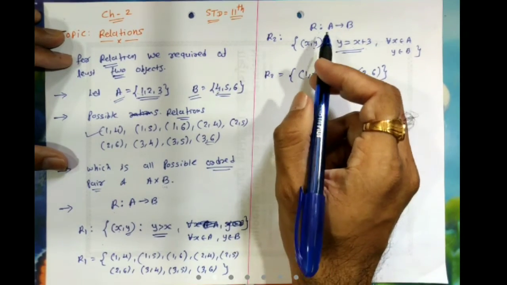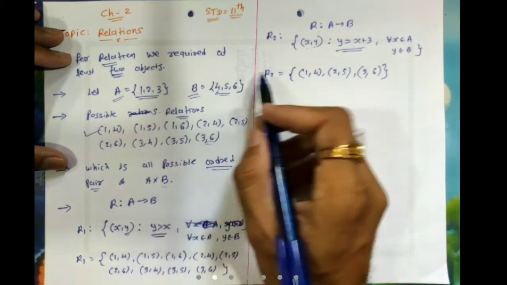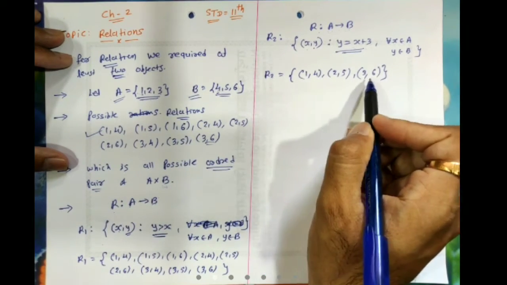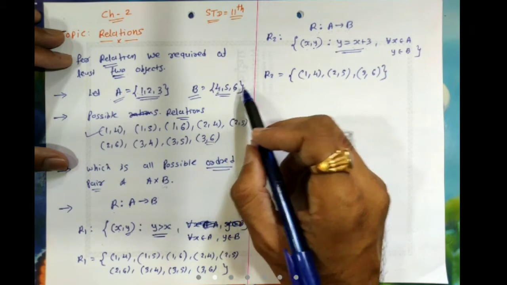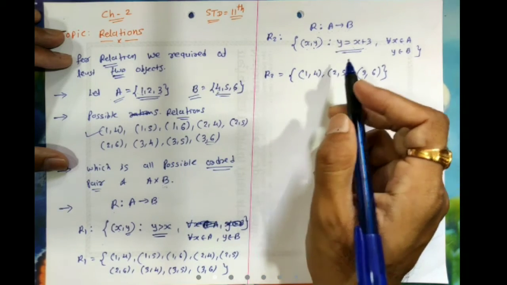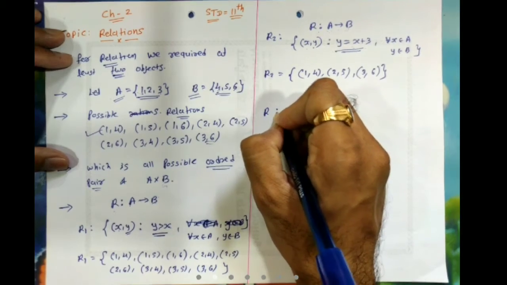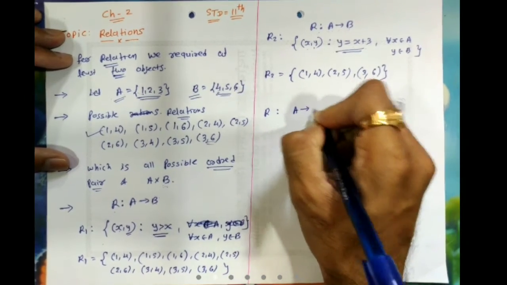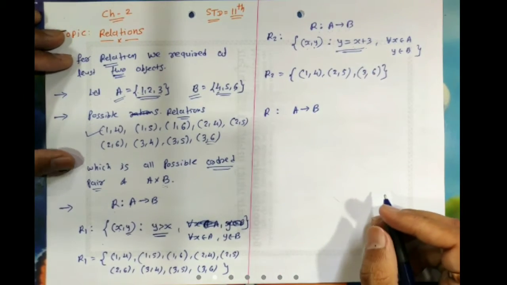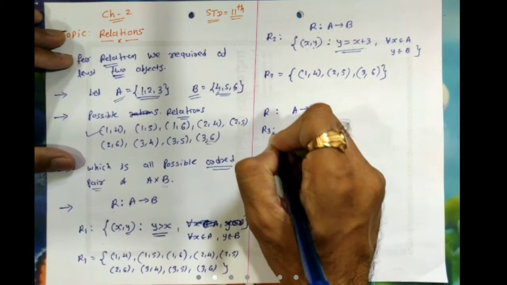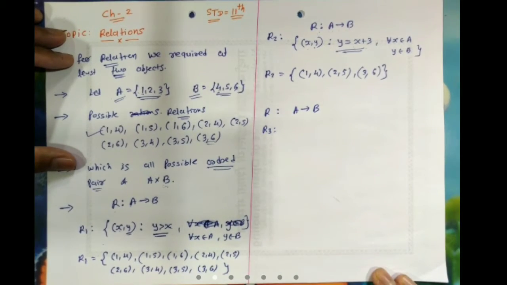Now third case. From here you might conclude that if you are finding the relationship between set A and set B, all the elements of set A may be related with set B. For this case, all the elements of set A are in relation with the elements of set B. It is not every time like this. So let us now consider one more relation R from set A to B, defining the relationship between set A and set B.